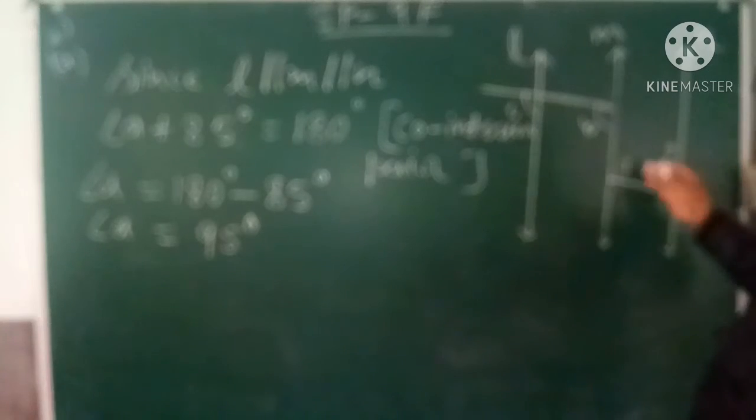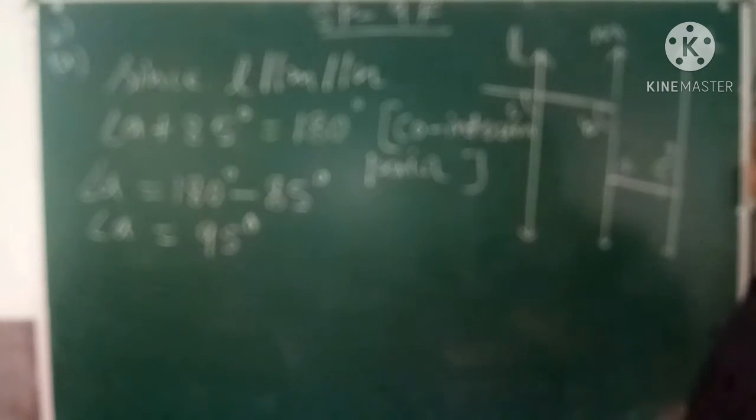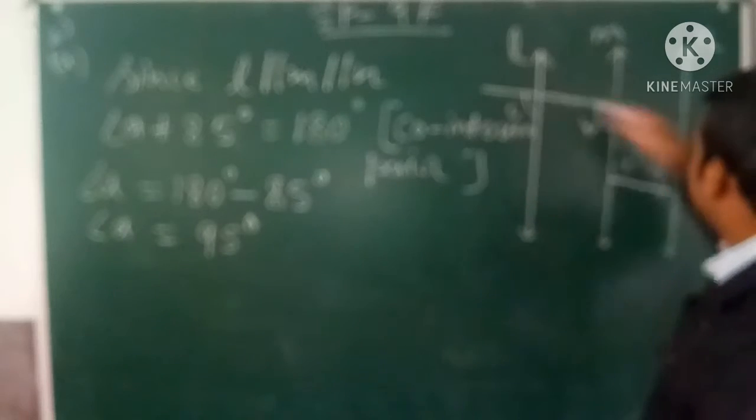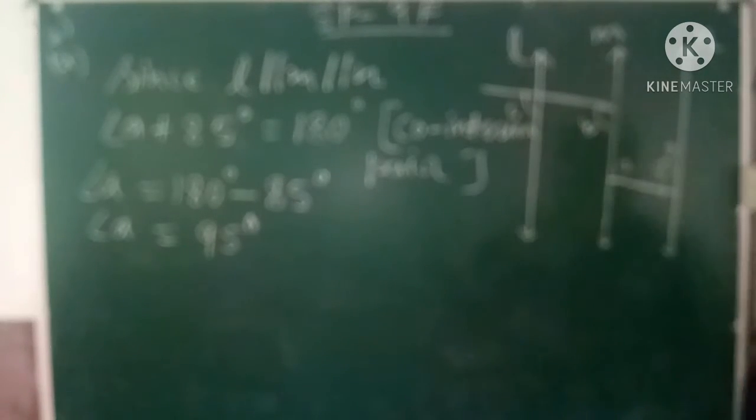Now this we got, angle A we got. So this is the parallel and this is the parallel, this is the transversal. So B and C are the corresponding pair, both are equal. Yes, no doubt. But angle B and C is not given here. So we have to find this angle. So what do we do?